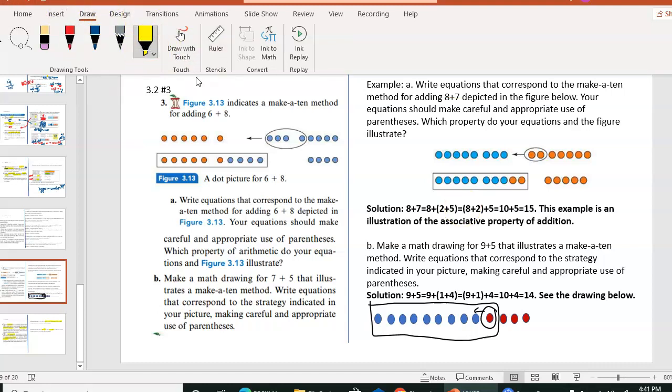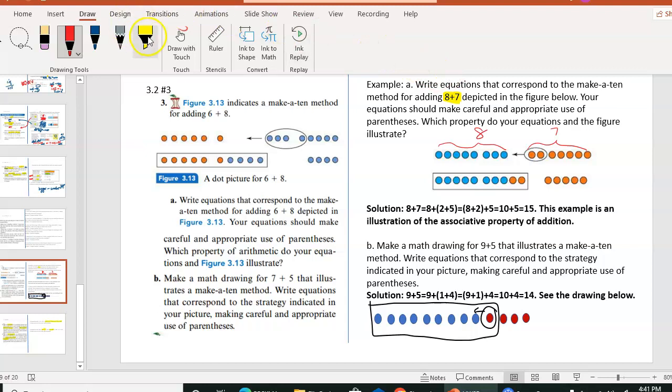Okay, so let's take a look at the drawing they gave us. We can see if you count the blue circles, there's 1, 2, 3, 4, 5, 6, 7, 8. So there's 8 here. And the orange ones, we have 1, 2, 3, 4, 5, 6, 7. So there's a 7 here. Now, if we want to add them together, say how many circles together,